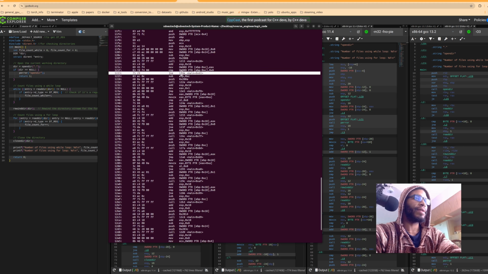I guess we don't know it's a loop. At 12.4e, we push another value, we call a function at 12.5.5, which is in here. So this is right before the function then. So we then go in, we add, we clean up the stack a little bit, we move another value, we